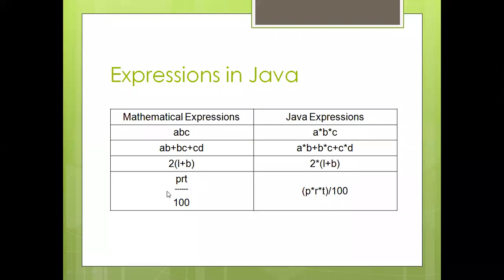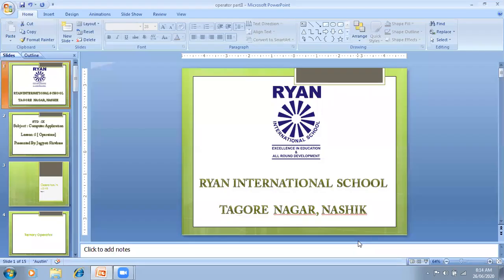This type of division we cannot write in the compiler, in the Java program, in the BlueJ editor. So how can we write it? P multiplied by R multiplied by T in a bracket, then divide by 100. Like that we have to write. Okay. Now